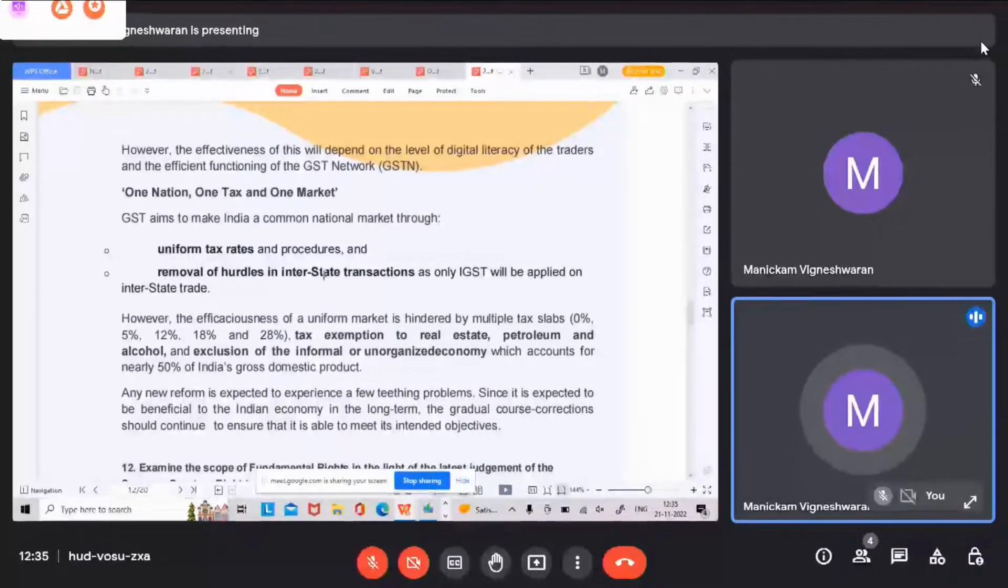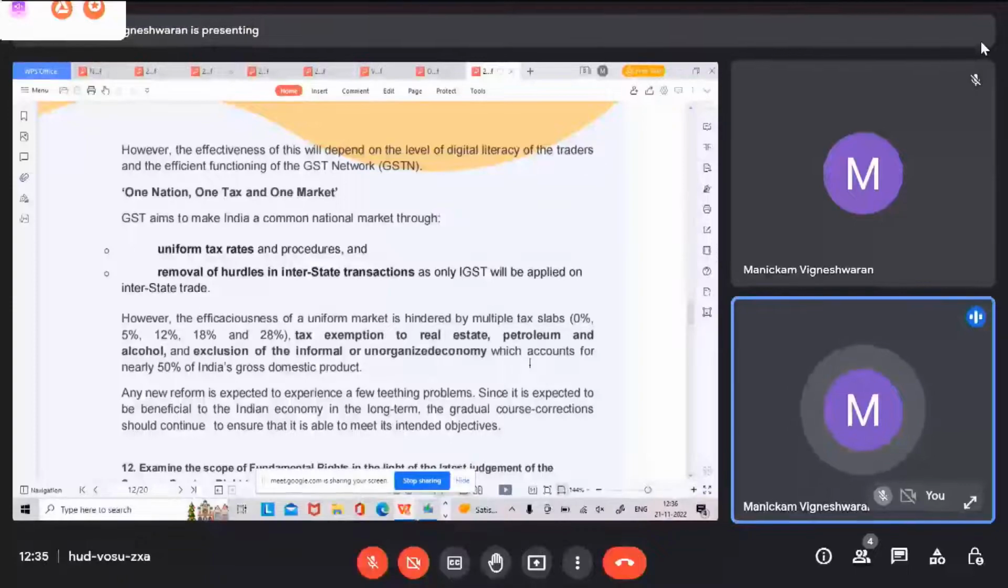One nation, one tax, and one market. GST aims to make India a common national market through uniform tax rates and procedures. Removal of hurdles in interstate transactions, as only IGST, integrated GST, will be applied on interstate trade. However,